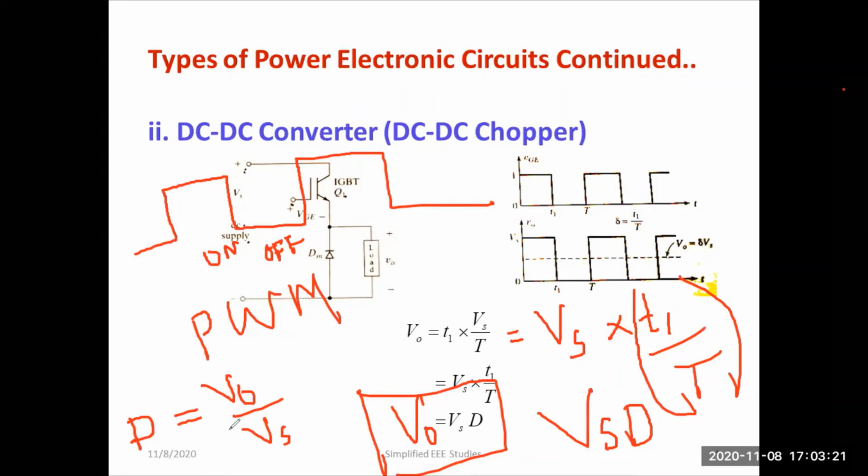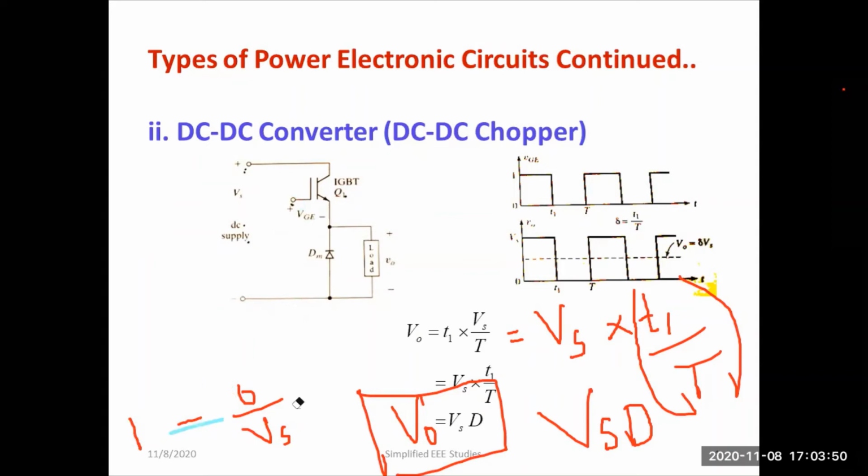So there are different topologies. If you want to step up the voltage, you can go for a boost converter. If you want to step down the voltage, you can go for a buck converter. If you want intermediate operation, if you maintain a duty cycle above 50%, it will work as a boost converter, and if you maintain a duty cycle less than 50%, it will act as a buck converter. Such a combination is known as a buck boost converter. That I will let you know in the 5th chapter. Right now, let me concentrate on the working.